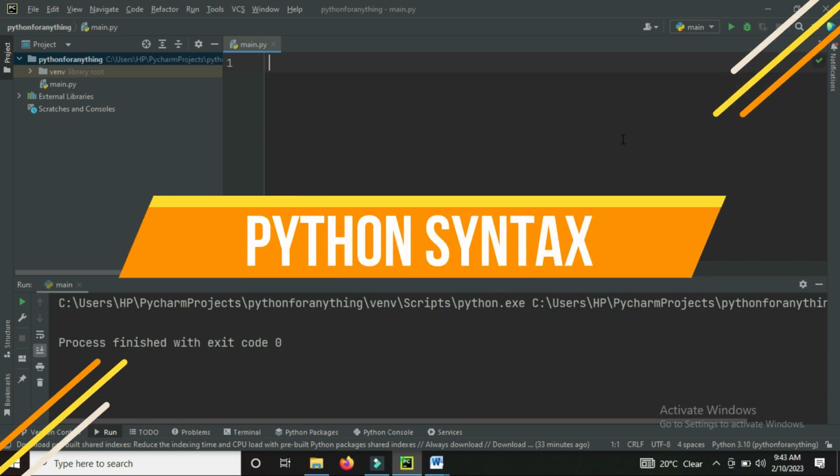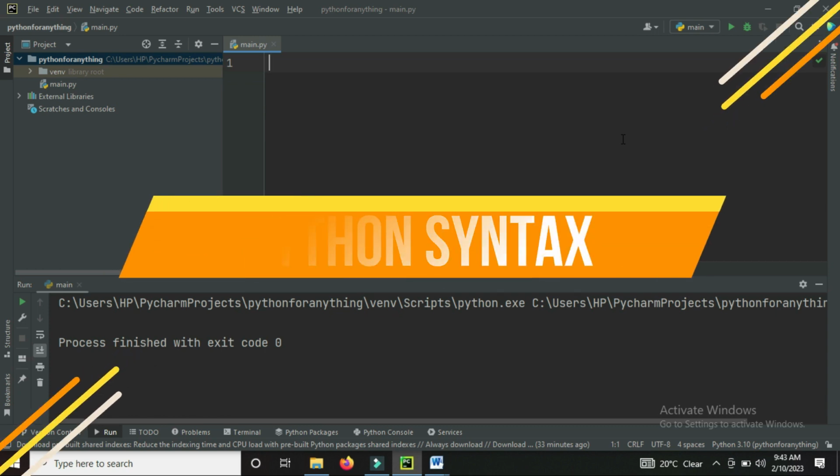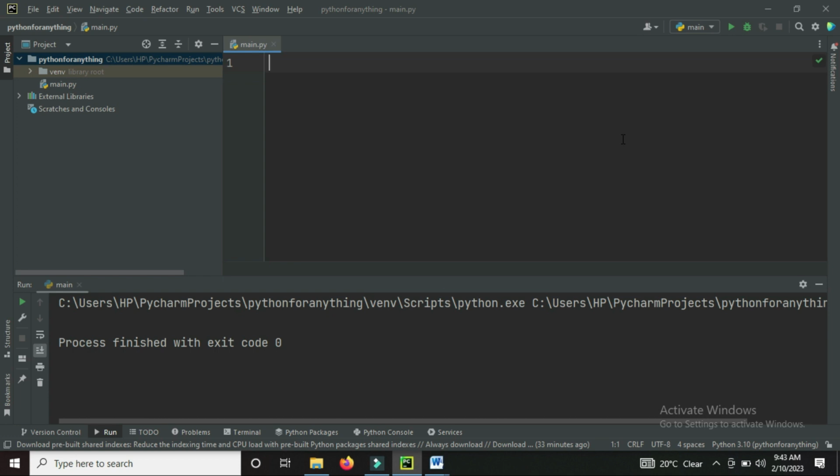In this lesson, we'll be learning about Python syntax. Syntax simply means the way, the rules surrounding how a language is written. Any language, computer language, even human language, syntax is syntax. Okay, so in Python,